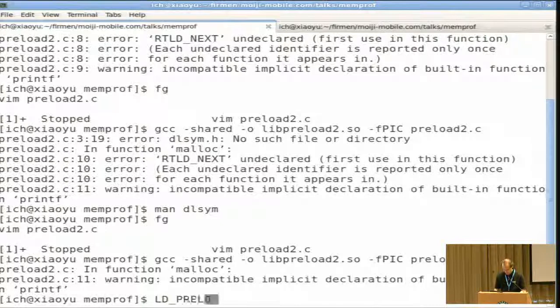And finally I can use LD_PRELOAD with the .so, and now I can execute any other application which allocates memory. So ls would be the most simple application to execute, but it doesn't allocate memory at all. So we